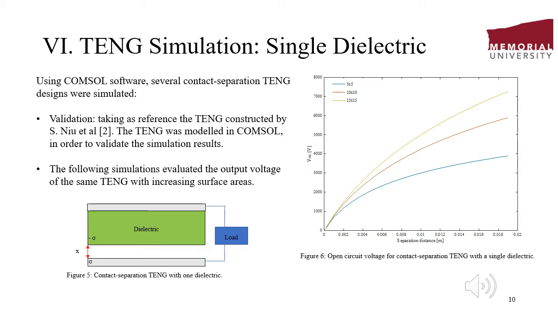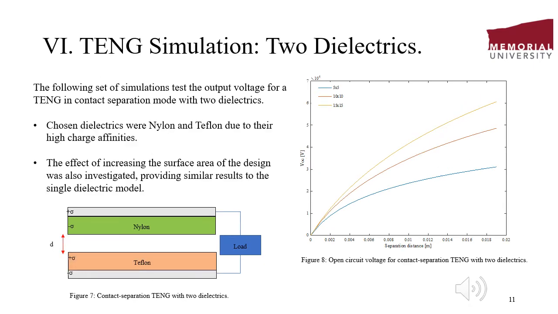As can be observed in Figure 6, increasing the surface area of a triboelectric nanogenerator provides higher output voltages. The following set of simulations model the output voltage for a contact separation triboelectric nanogenerator with two dielectrics, as seen in Figure 7. The chosen dielectrics were nylon and Teflon, as they are materials that have high charge affinities. The high charge affinity of these materials provides the triboelectric nanogenerator with a higher charge density after the surfaces undergo